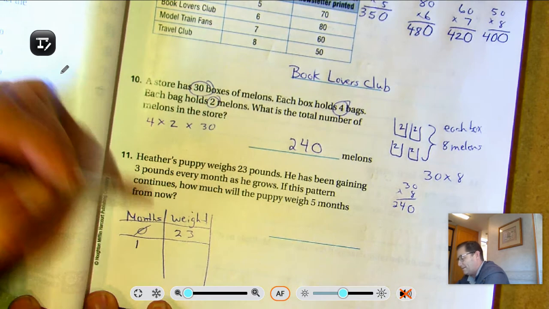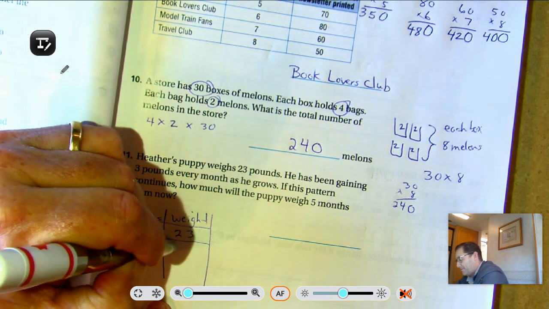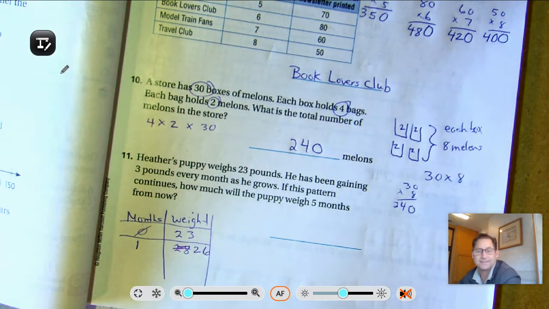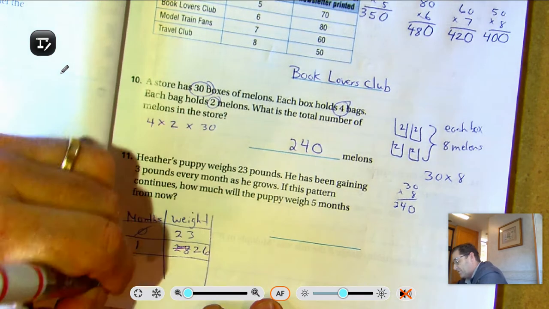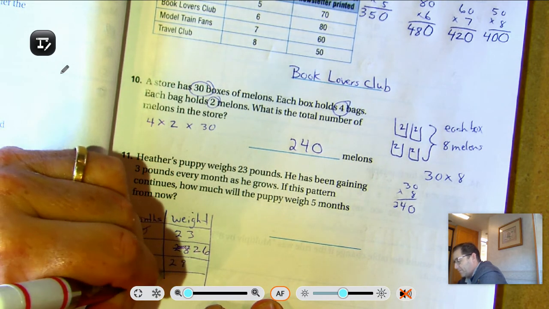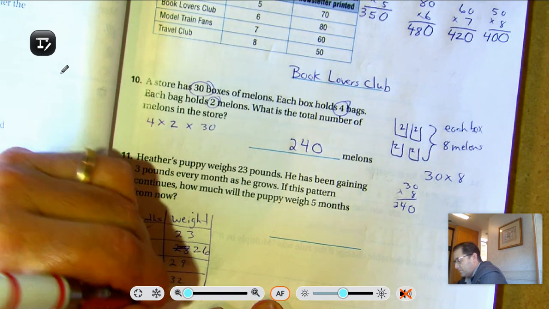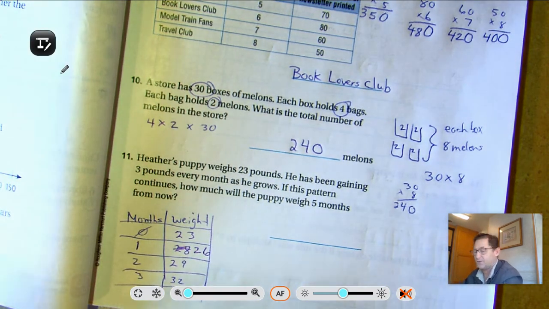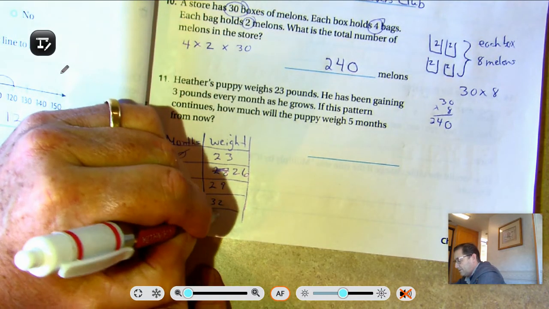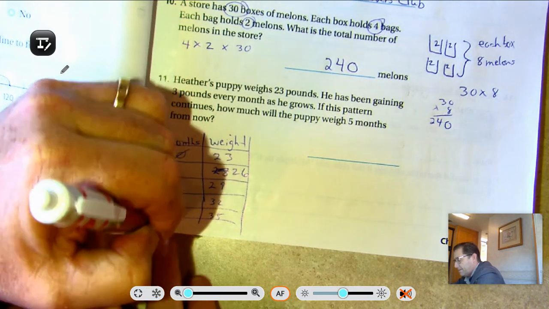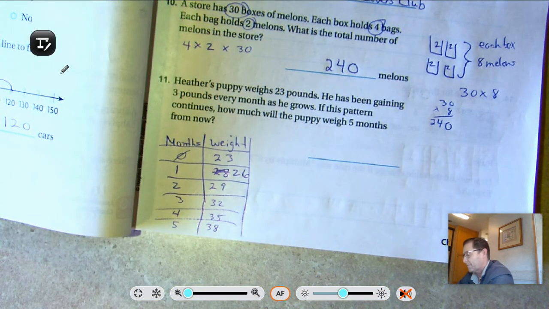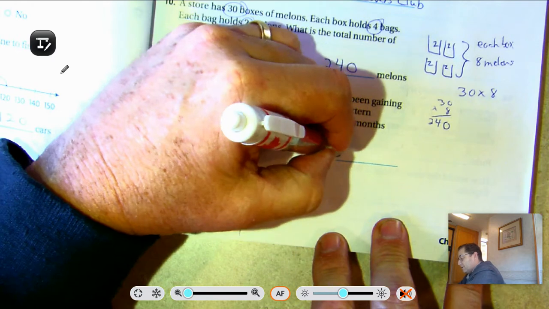So month 1, 23 plus 3 is 26. After 2 months, 26 plus 3 would be 29. After 3 months, 29 plus 3 is 32. 4 months, 32 plus 3 is 35. And 5 months, 35 plus 3 is 38. So the dog would weigh 38